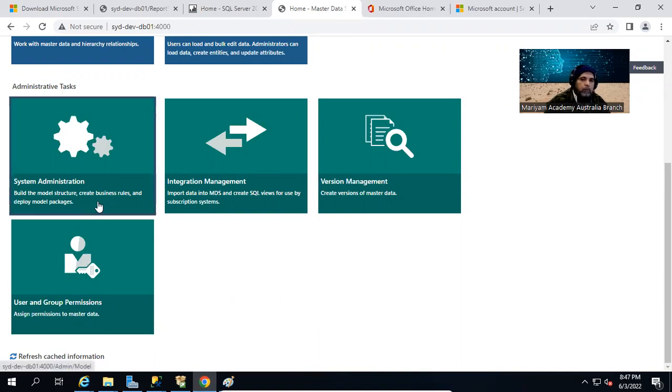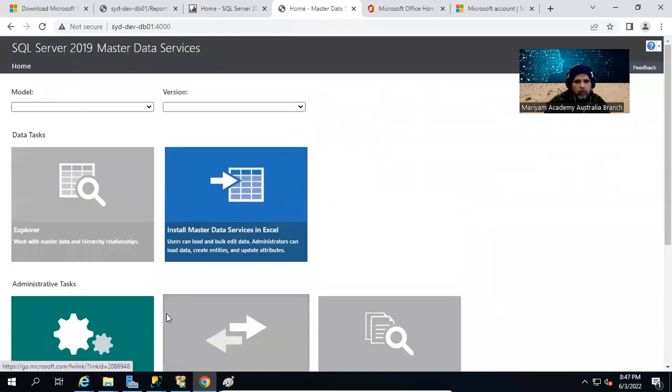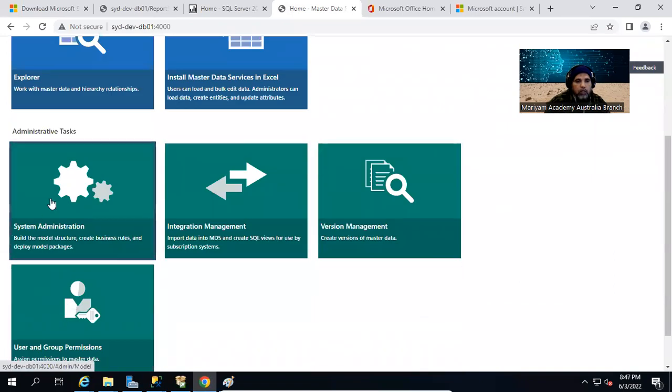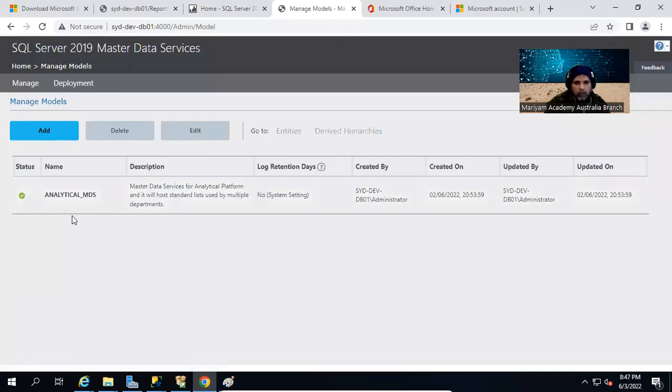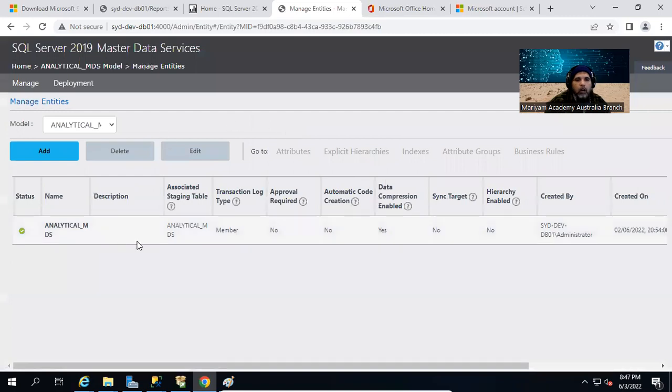But because we have the permission, we are going to hit system. I think that option is system administration. We're going to click on system administration. We're going to click on our model, select our model. And now, if you remember, last time I mentioned that the entity is ready. It's activated. So what this button shows us is that we can create entities in our model. So let me click on entities, and now